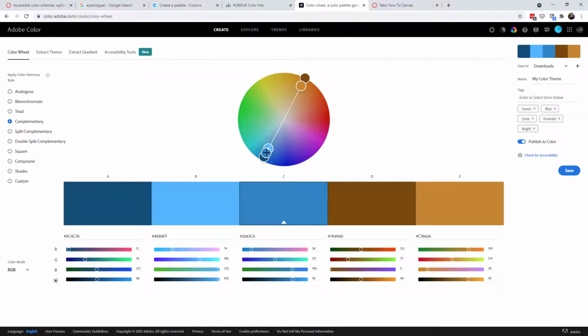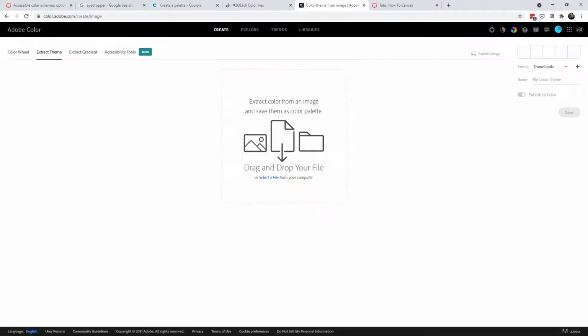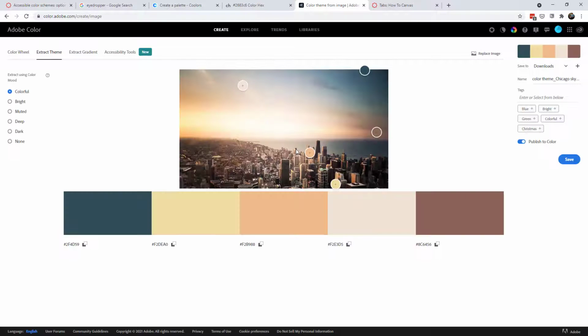I can see my complementary color as well. That's the one that's right across the way. So in this case, column C is my original color, and column E would be my complementary color. They also have things like split complementaries and double split complementaries, a lot of different schemes that you can choose from. If I head over here to extract theme, then I can upload that banner, the image that I had before,